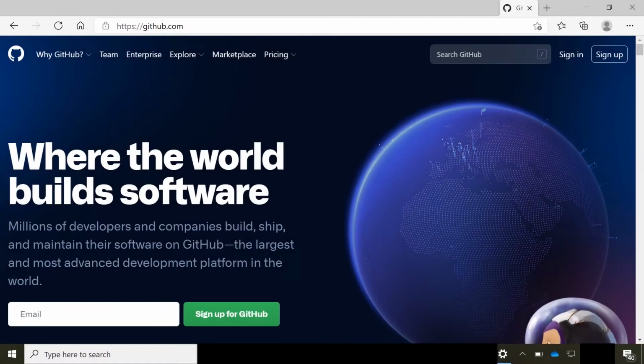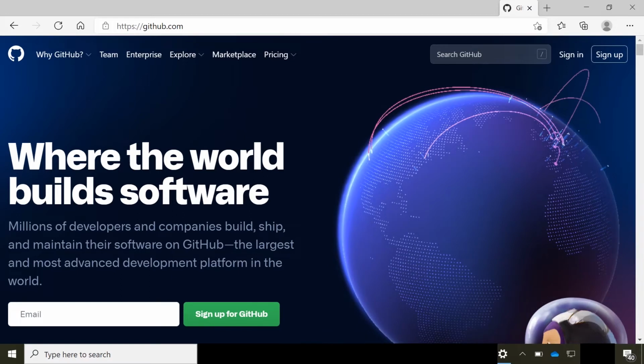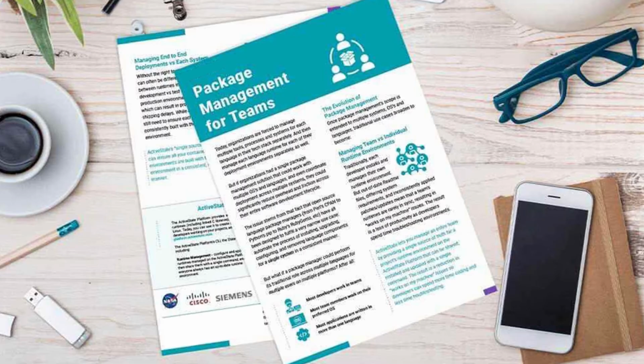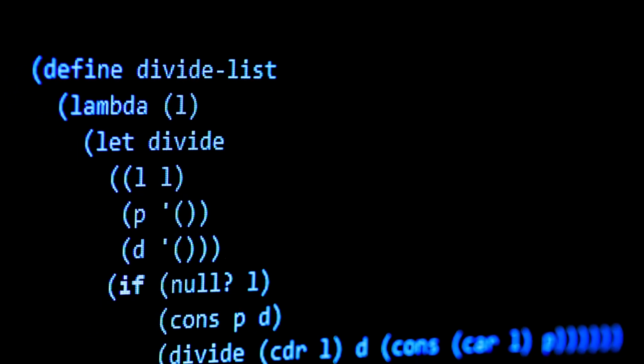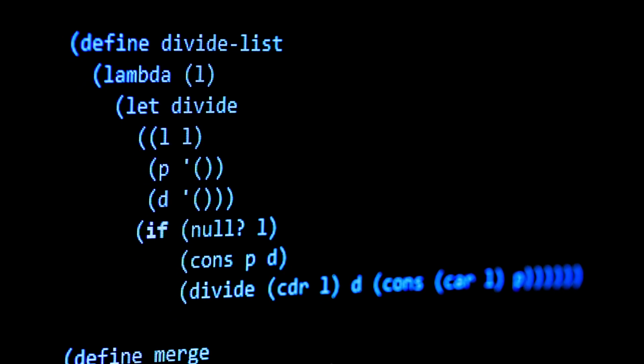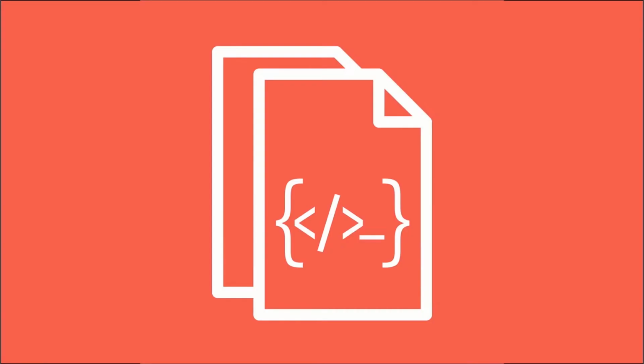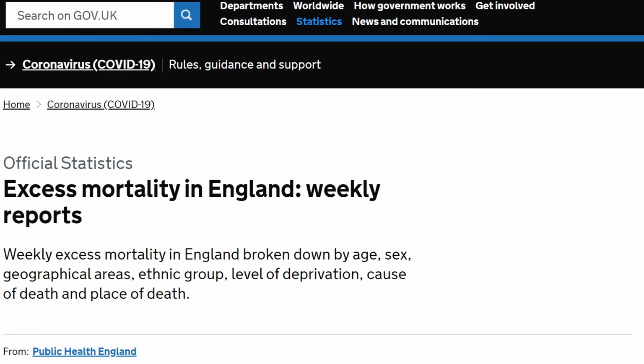We version control it using Git and GitHub, and we do package management within the code. We use functional programming, so we can reuse bits of code throughout the project. It's heavily documented, and there's testing within it to make sure any changes in code upstream don't cause issues downstream.